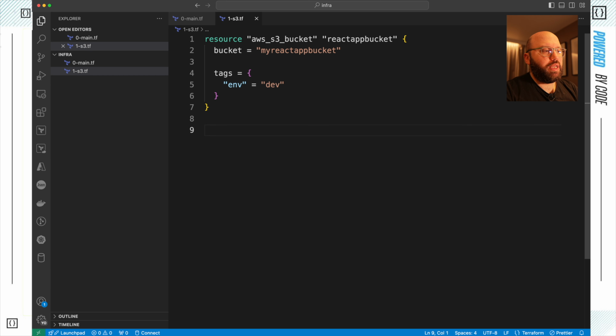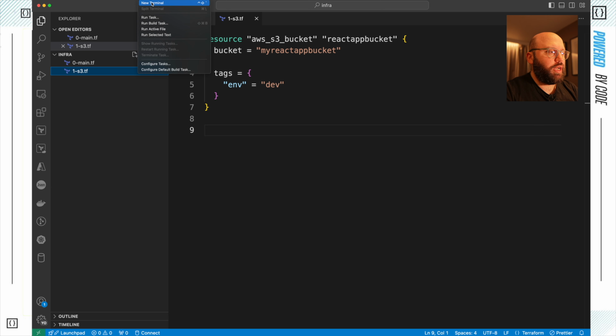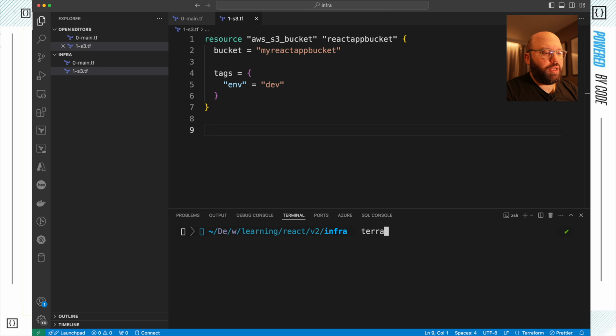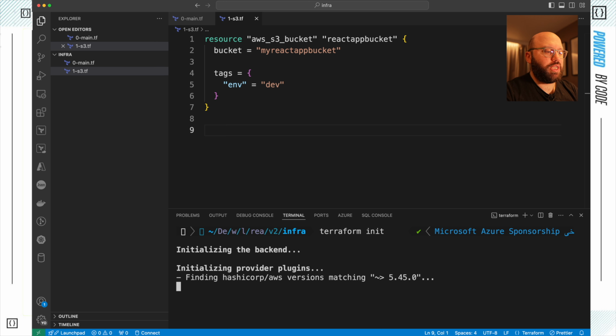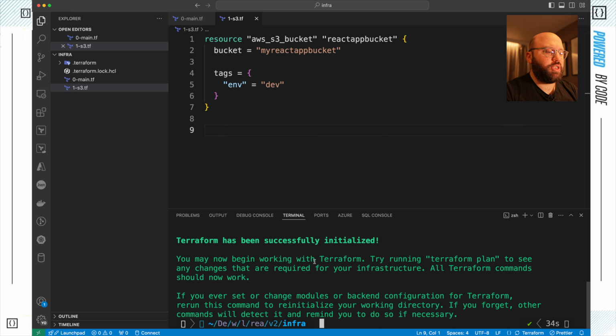So with that, if I run this simple file right now, the initialization and S3, I will have a completely set up bucket on AWS. So let's see that in action. I'm gonna open my terminal, and I'm gonna run terraform init in order for me to initialize my Terraform project. This will take a few seconds to complete. Okay, so now that has been initialized successfully, now what I want to do is terraform plan, and basically let's